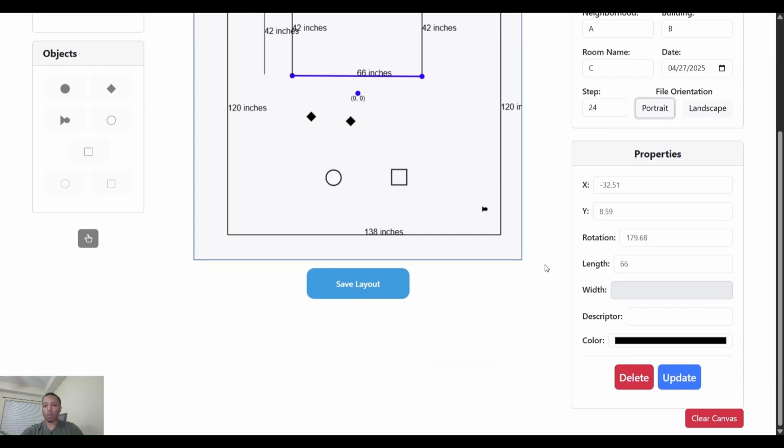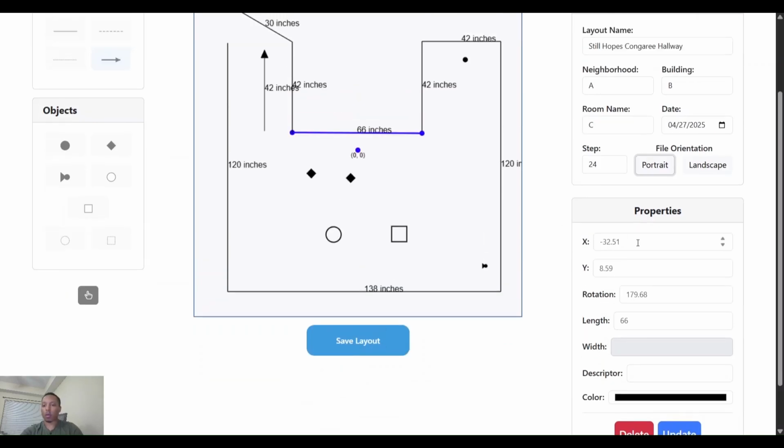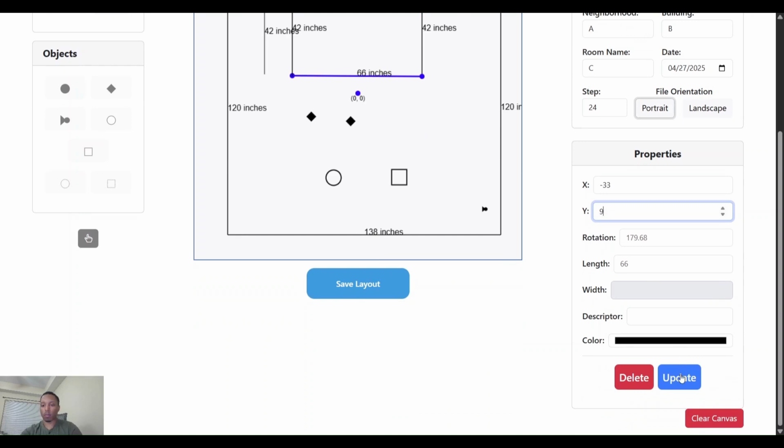And they can also, for any object or line, adjust the X and Y coordinates, the rotation, the length, the descriptor,